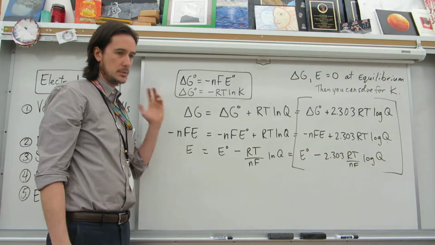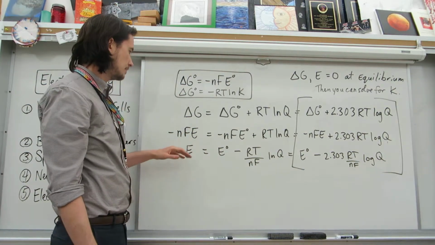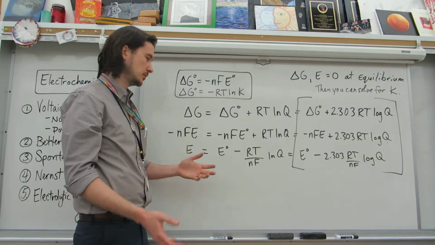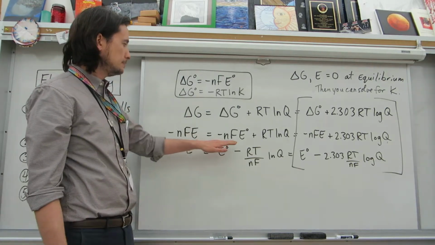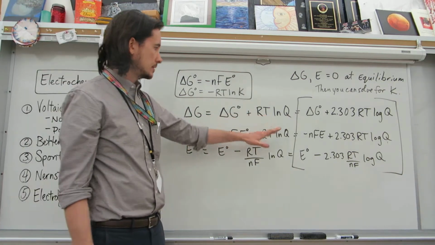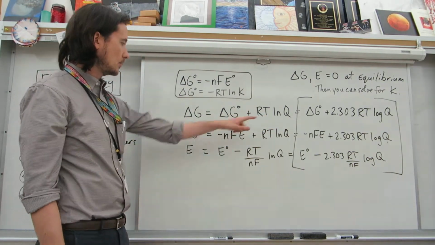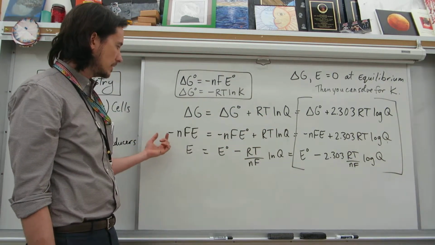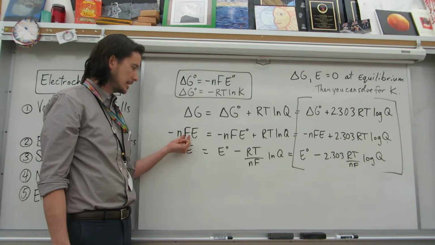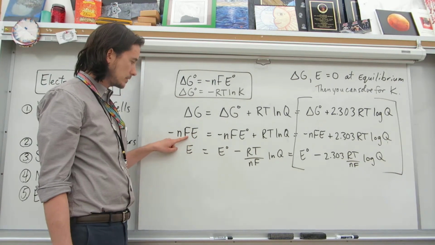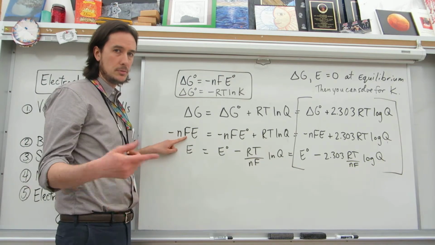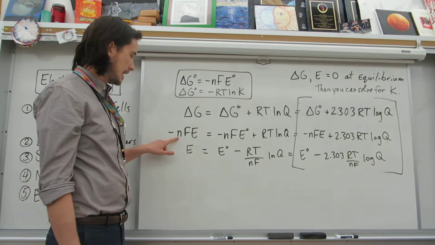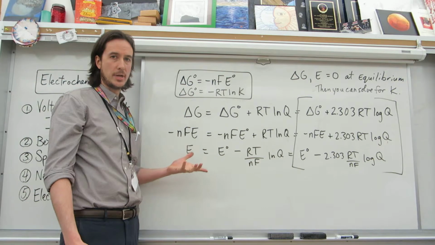It's not 1 molar, it's not 1 atm. Probably we're still dealing with 25 degrees Celsius. We have this. Substitute that, and nothing changed here. Then divide the whole thing by negative nF, the number of moles and Faraday's constant. So that Faraday's constant will appear on your formula sheet, and n is just the number of electrons transferred in the